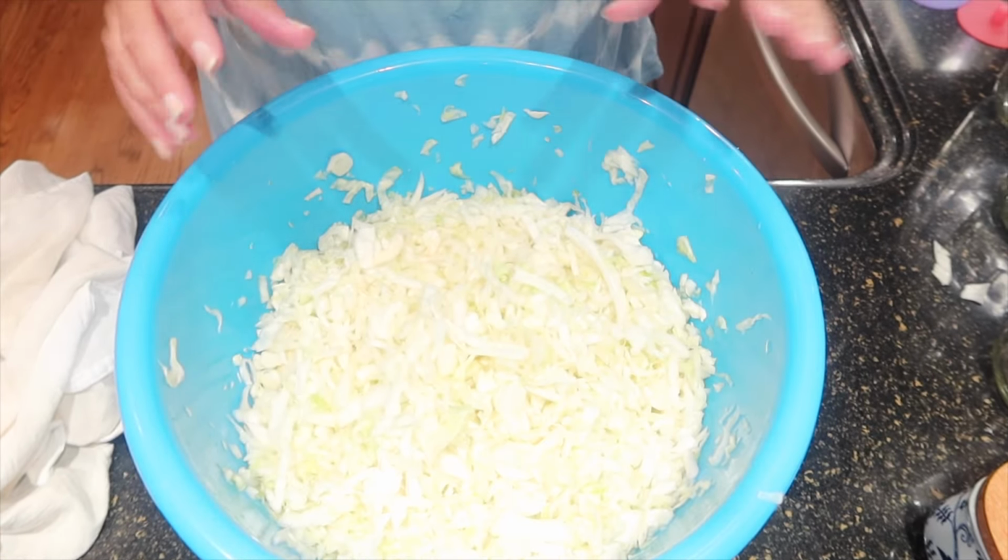Yeah, I kind of wish that you could see how much it has gone down just by sitting here for like a half an hour, and me dry rubbing it in there and creating the liquid. You'll see how much it's really come down. It's not quite as full and fluffy and high as it was. I should have probably done the other cabbage. Anyway, this is going to be a wonderful tutorial for you to learn how to make your